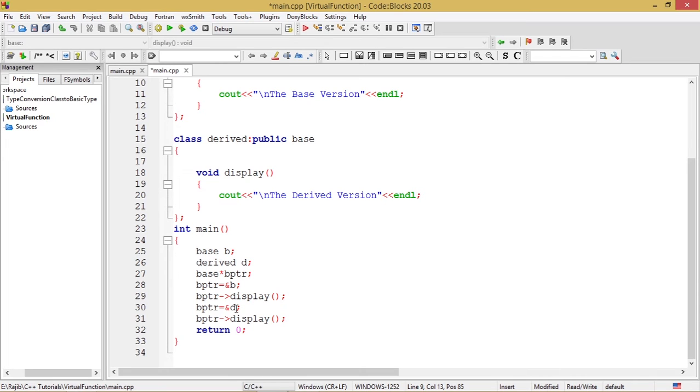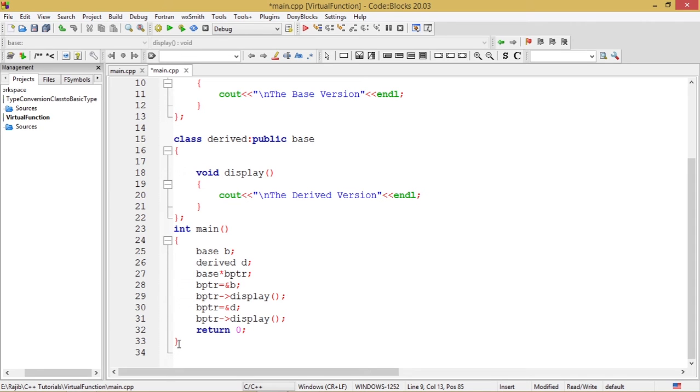In this case the address of the object d of the derived class is being assigned to the same base pointer bptr, and after that we invoke the function display by the same statement, bptr->display, followed by return 0.